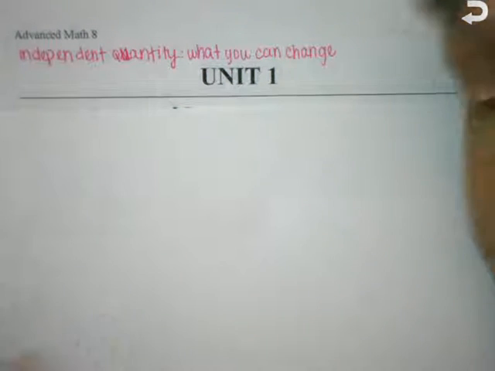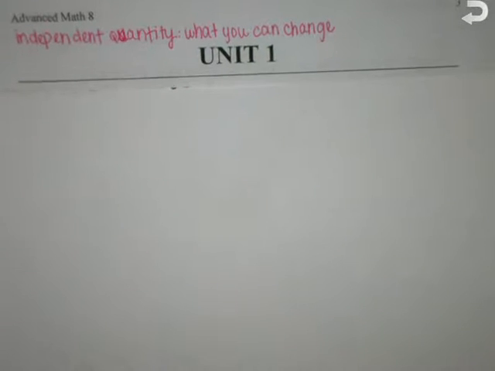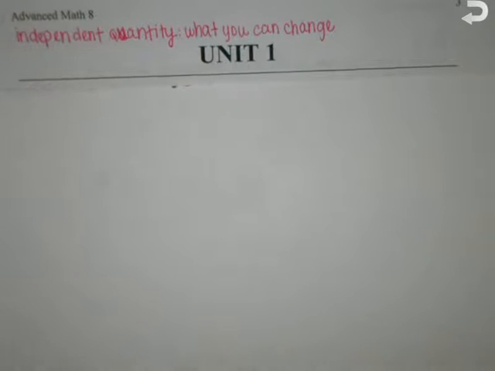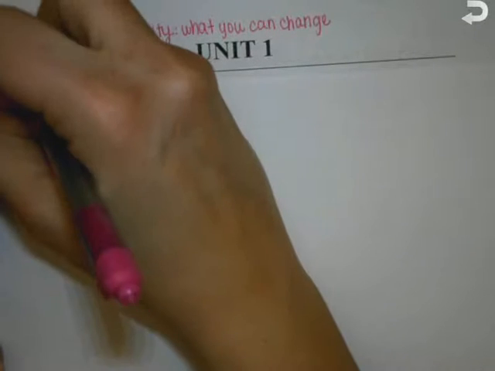For example, you have control over how many hamburgers you eat. You have control over how many pages you write for your homework. You have control over how many cupcakes you bake, how many hours you work. Your dependent quantity